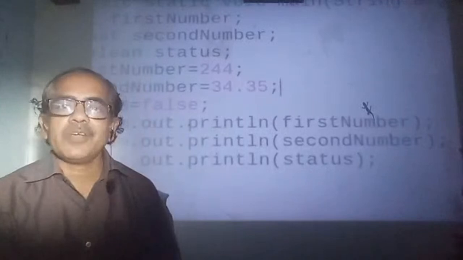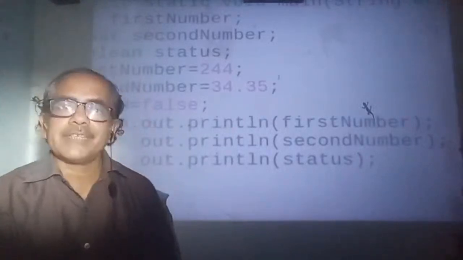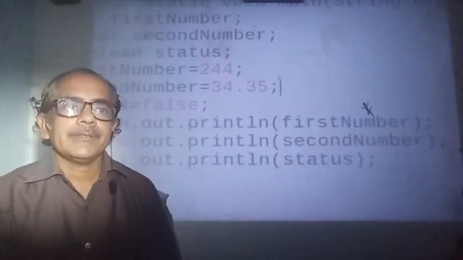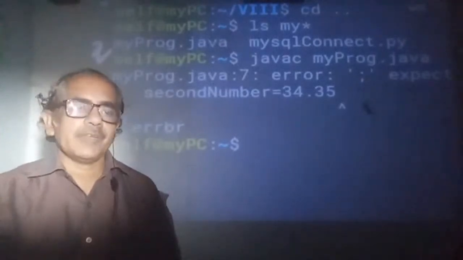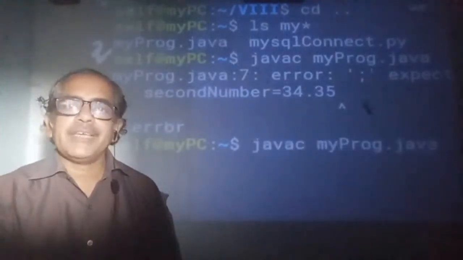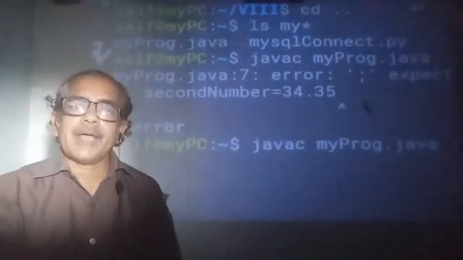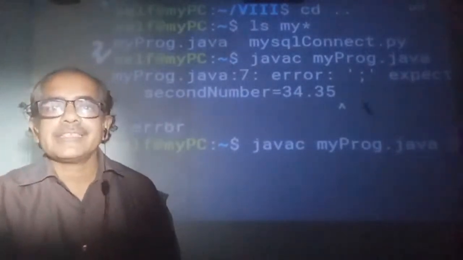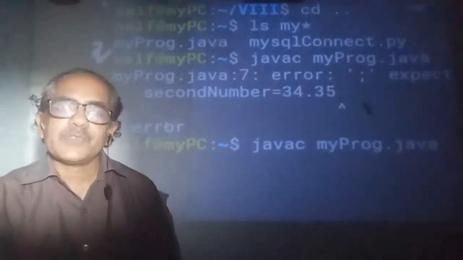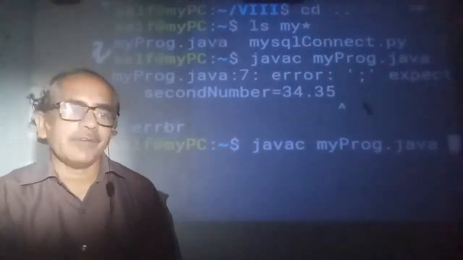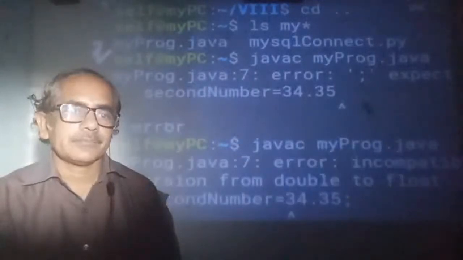Given semicolon, Control S I am pressing to save. Coming to the terminal mode once again, up arrow key I am pressing. With up arrow key, the command is coming again, javac myprog.java, प्रेस एंटर।